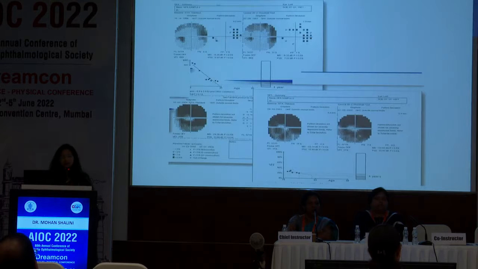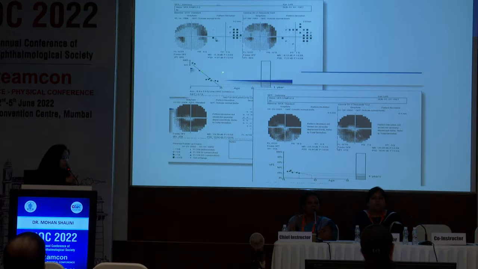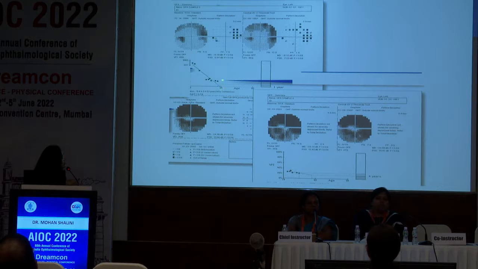Now, this is another very interesting patient. If we see the baseline visual fields here, these two are the baseline visual fields, and look how rapidly the patient started progressing. And then suddenly, at this point, you can see all these clusters of visual fields are almost stable. So what has happened? Actually, when the patient started progressing so fast, an intervention was done. Surgery was done for the patient, and again the visual fields became stable. So in this particular patient, if we see this graph, it is progressing so fast, and it is giving an impression that this patient will become blind in due course of time.